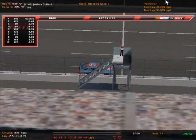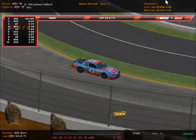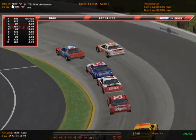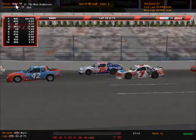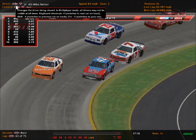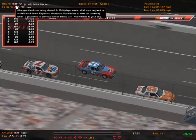And look at Collard driving that Richard Petty car off in the sunset here at Martinsville Speedway as Matthews is now in second position. And trying to shake off the lapped car of the 42 of Mike Becker, as Matthews is on the outside of him, Becker on the inside. Matthews, well, he thought he had Becker cleared, and then Becker has got the shove from the 7 of Cat Tellier. Now Matthews is going to try to...